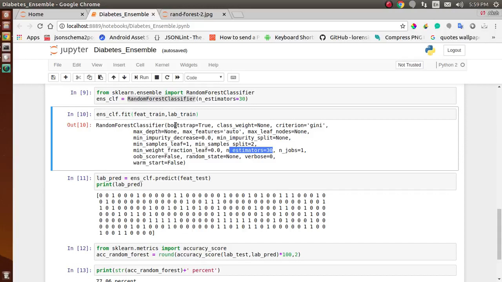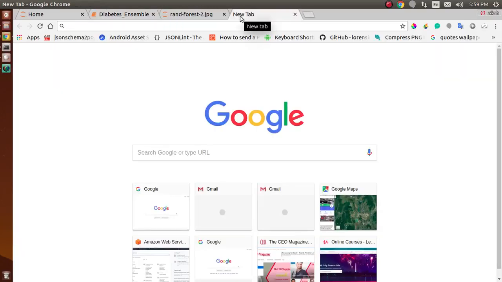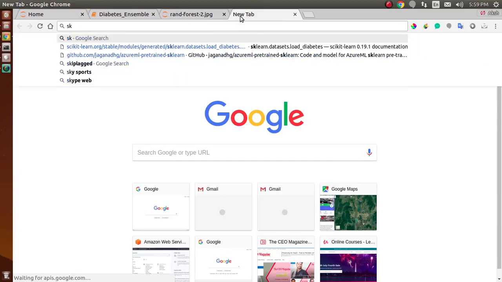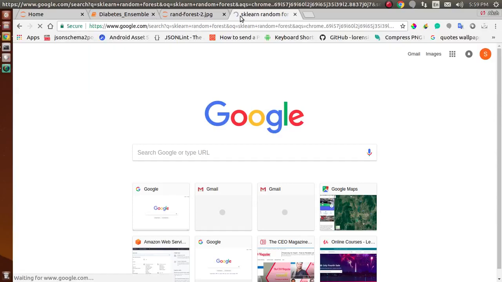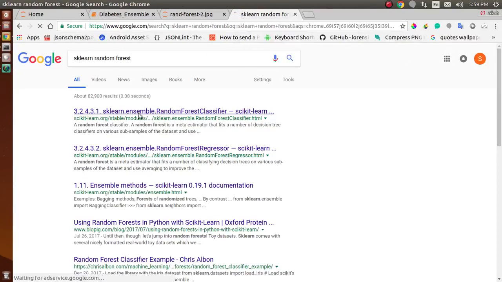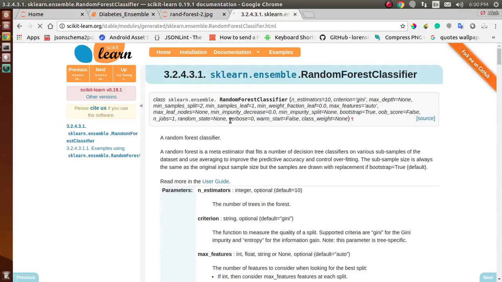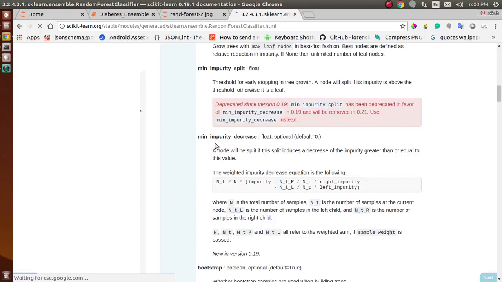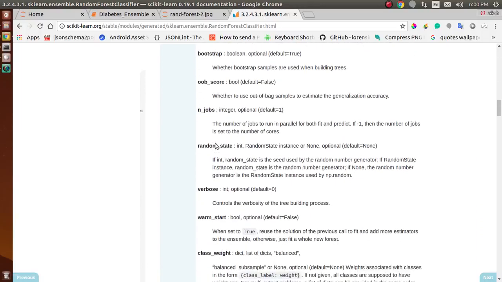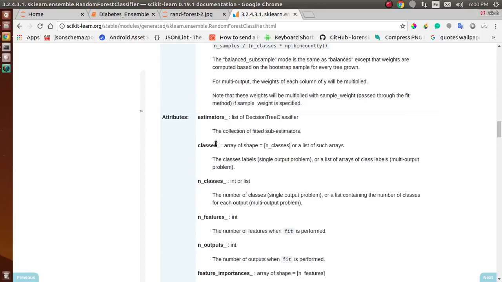If you want to explore these parameters and their definitions, just go through the link. You can search it on Google. Let me show you. Just type sklearn random forest, and here is the sklearn.org site, and here you can check the parameters with their definitions.